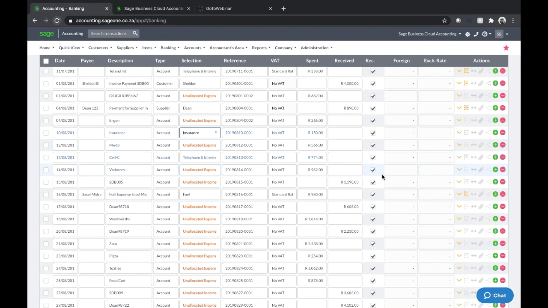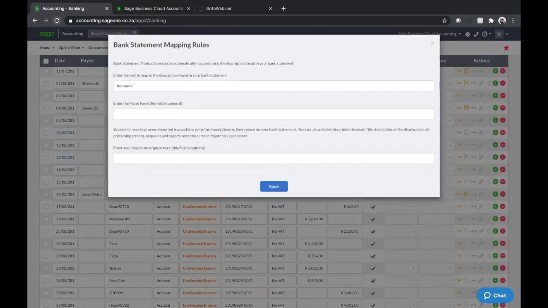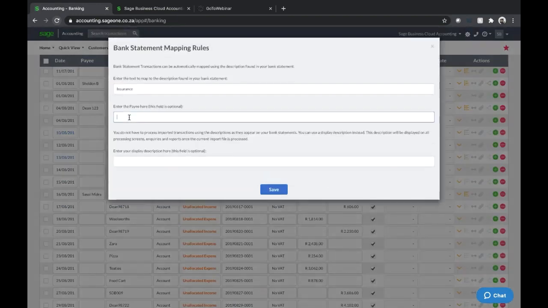So I want to set up mapping rules for these transactions that have been allocated to these general ledger accounts. To do so, all you're going to do is scroll over to the right. You'll see that you've got the option that says create rule. You'll select the option that says create rule, and you'll enter in the description,